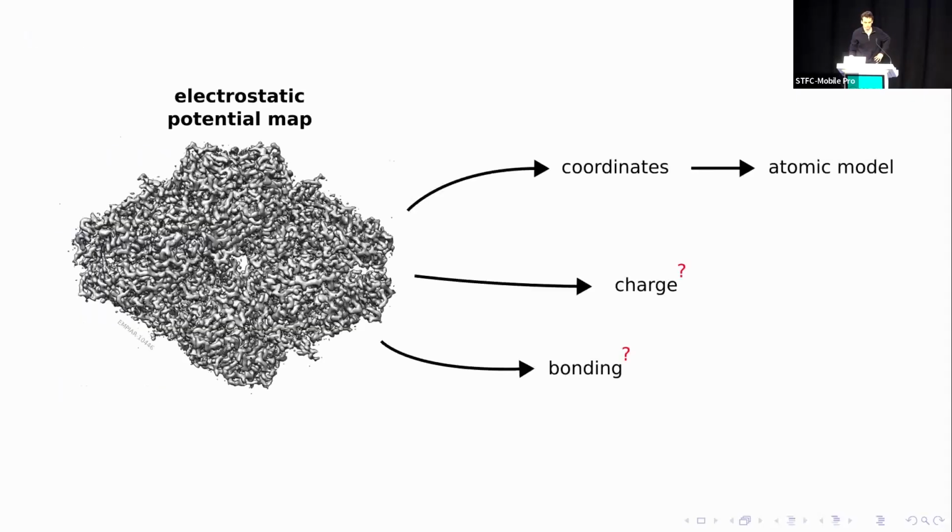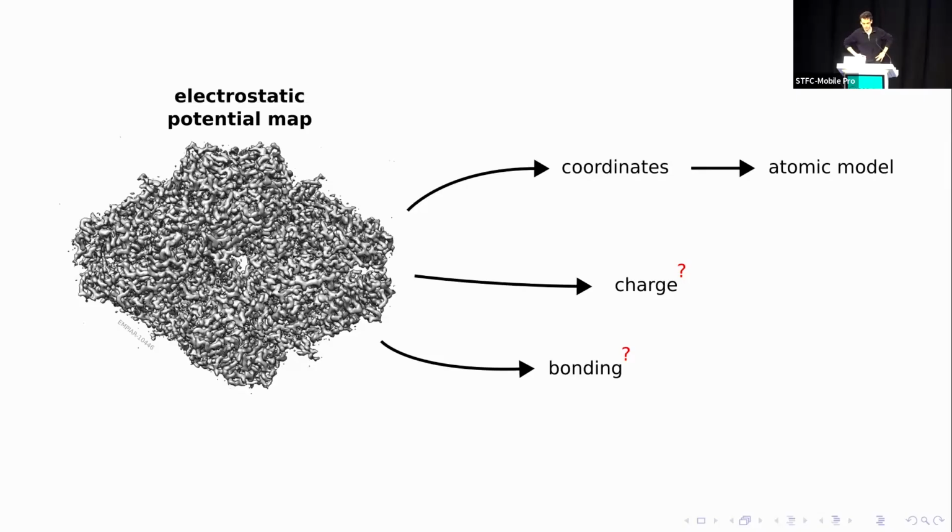Okay, so I guess a little bit of a change of focus compared to some of the other talks. I'm going to skip right to the end of a successful cryo-EM experiment. And the product of that is a map that represents the electrostatic potential in the molecule that you're studying. And that's useful to us as structural biologists because the electrostatic potential contains a lot of information about the molecule